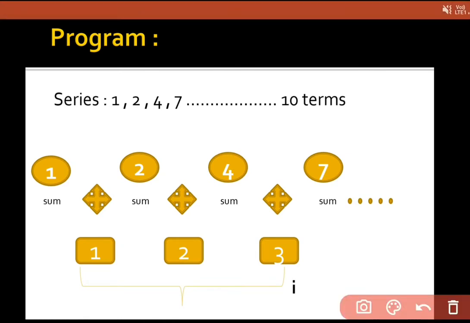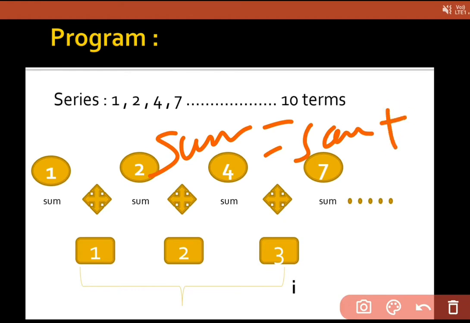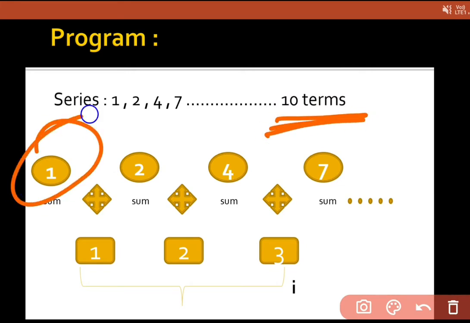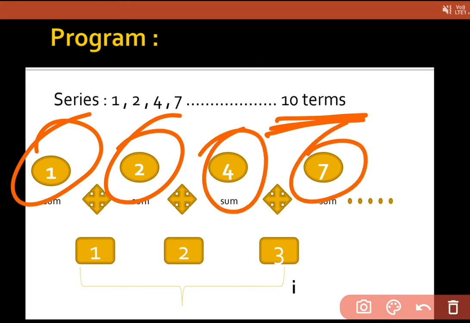Means sum is equal to sum plus I, where I is 1, 2, 3, the counting of the number of terms. We want to move towards 10 terms, so we have to move 10 times. This is our first term, this is second, then third, then fourth, and so on.